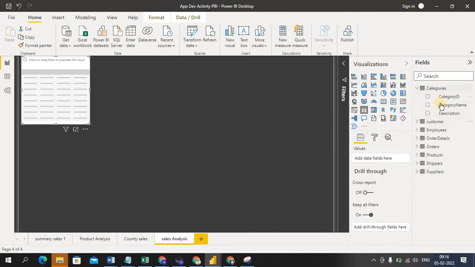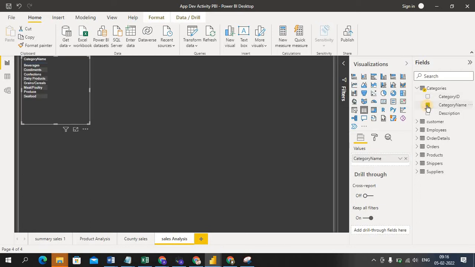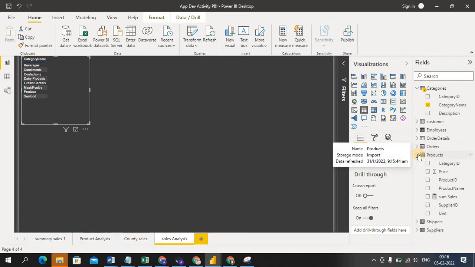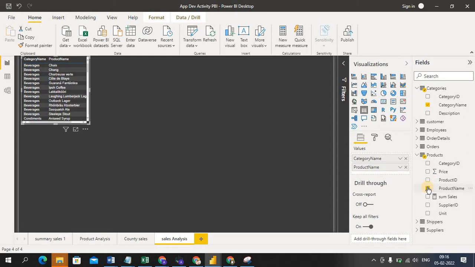This is category, I am going to add category name. And the products, I am going to take product name. See, if the relationship is fine, I will get the data and price.